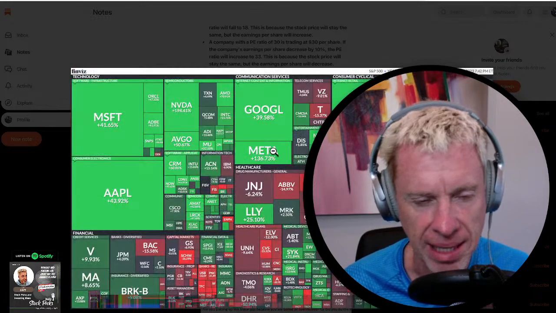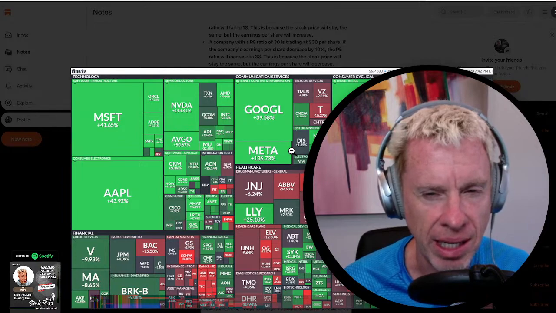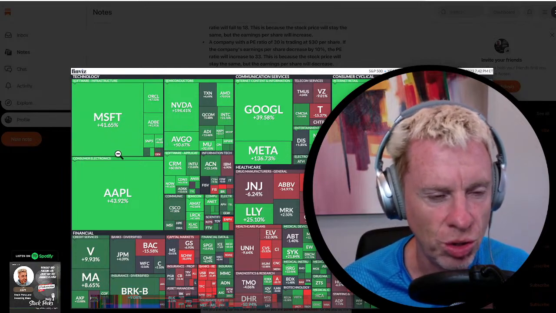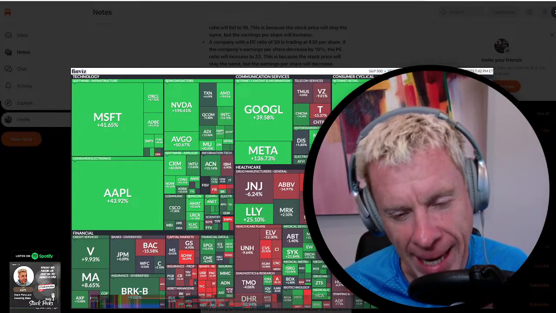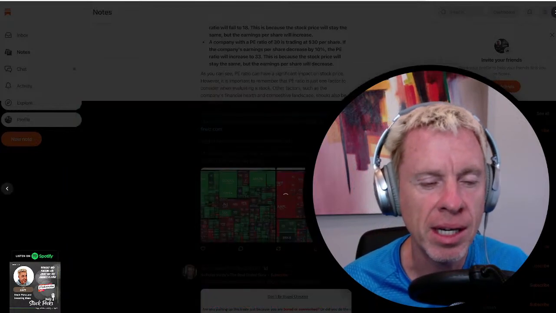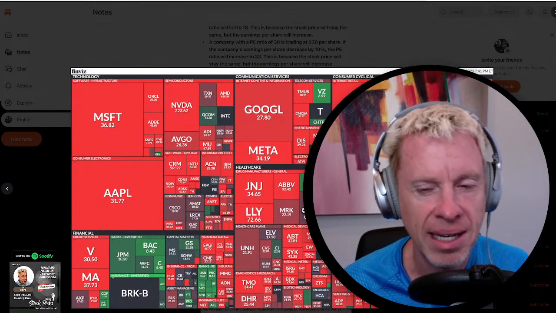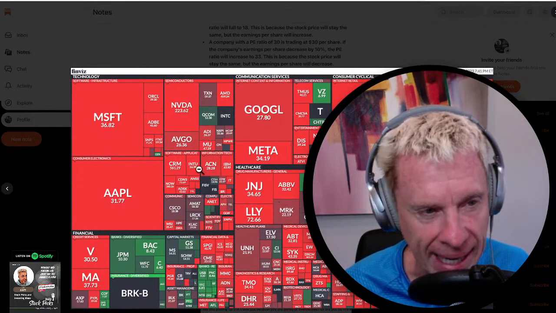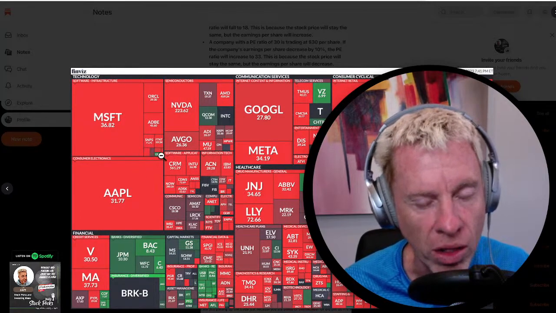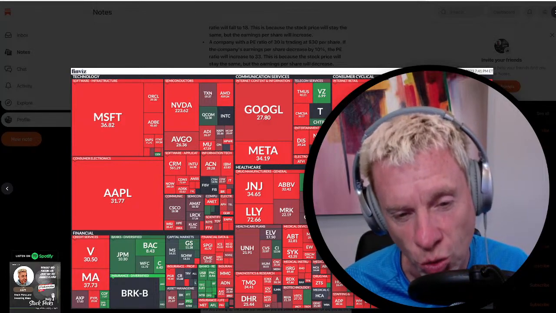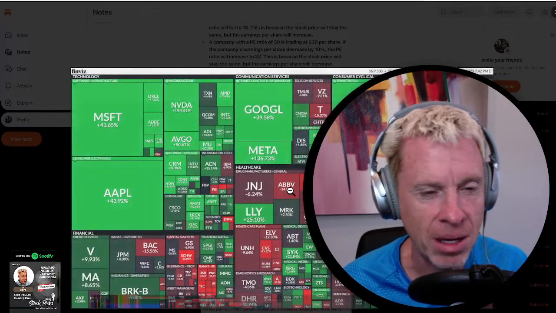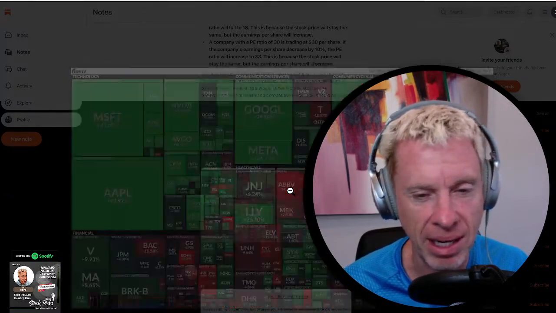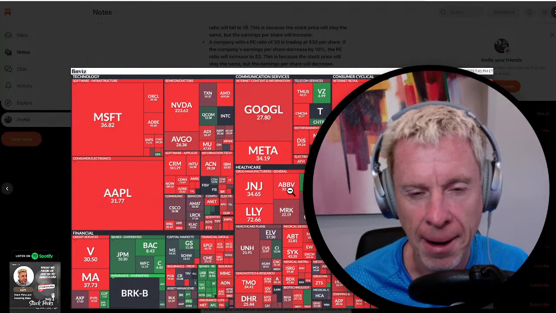Boy, Substack's not pulling it up. This is the year-to-date performance, so you can see the green way over here and the red way down over here. You go to the next and look at the PE. The red are the large PE. The green are the super low PE. So it's completely opposite the way I was looking at it.